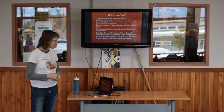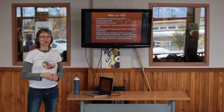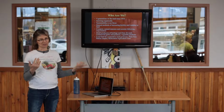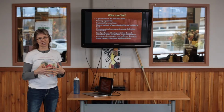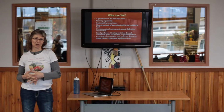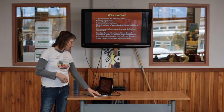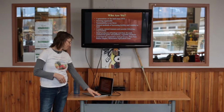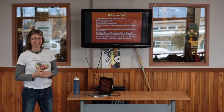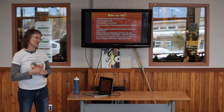We use compost. We're small producers, so we only grow so many varieties a year. But we also put in a massive seed storage area, which keeps our seeds at a constant temperature, so we're able to maintain viability for a longer duration. And we produce garlic, potatoes, vegetables, of course, and my daughter's also doing a market garden this year with a CSA project, so that's something